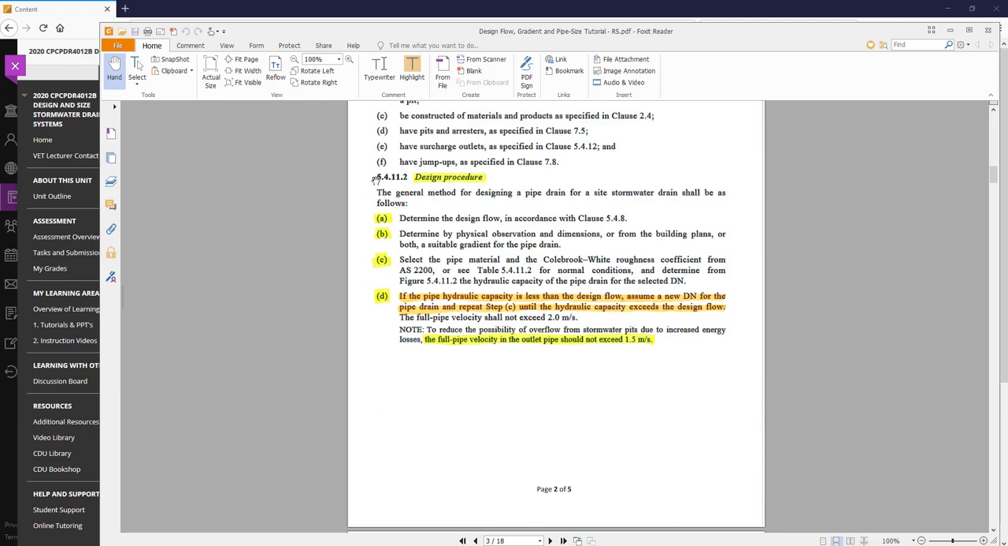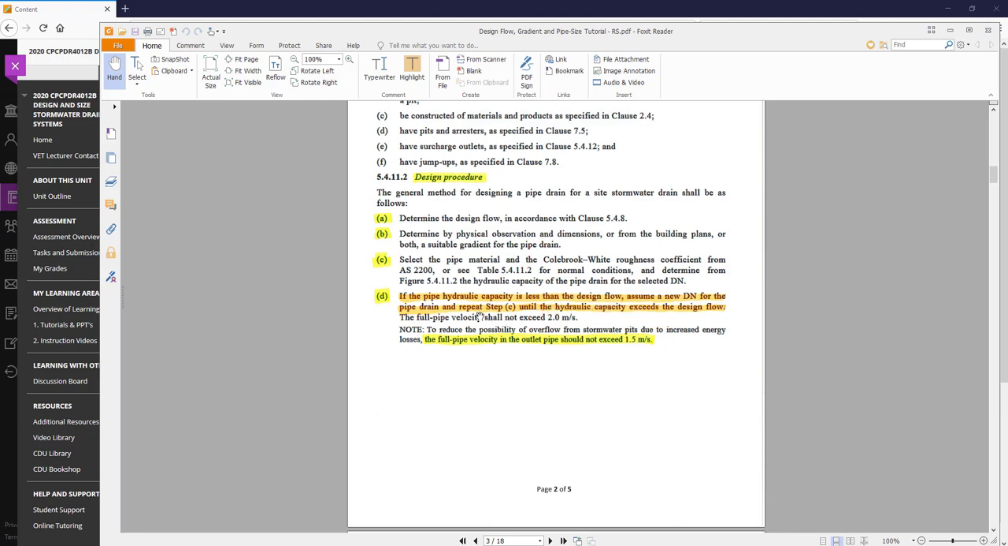Now the design procedure, 5.4.11.2, this is very important. We've got to determine the design flow in 5.4.8, which is what we just spoke about. Then we've got to determine any physical observations, dimensions from the building plan, which is that first drawing I showed you, we've done that. Then we need to select the pipe material and the Colebrook-White roughness coefficient, and that will determine which graph we use in order to work out the hydraulic capacity for the size pipe we want and the